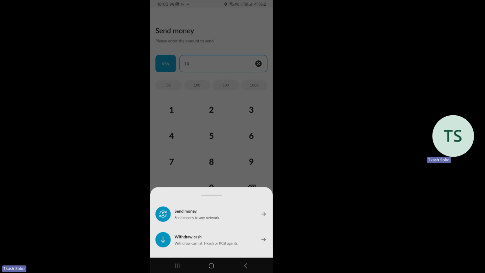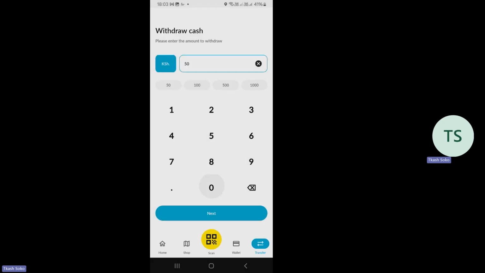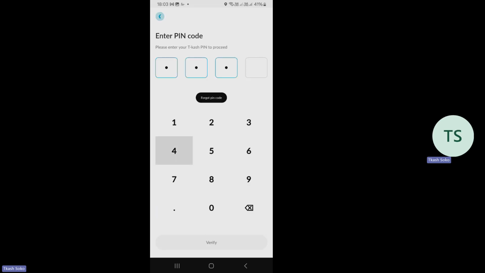So if you want to withdraw, you'll press the option of withdraw cash. When I press that option, I must know the amount I want to withdraw. So say I want to withdraw something like 50 shillings. Then the option I need to press is next. When I press next, the next thing I enter is the PIN code. So I'll just enter my PIN code.